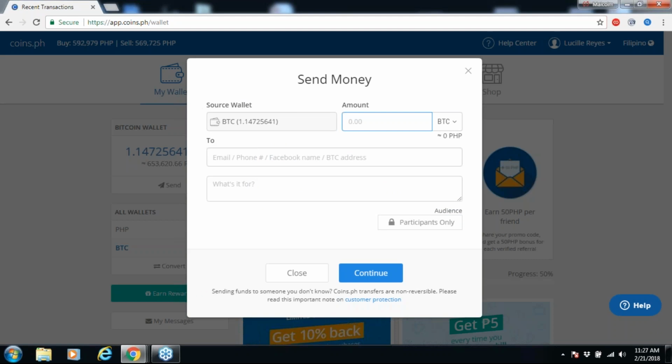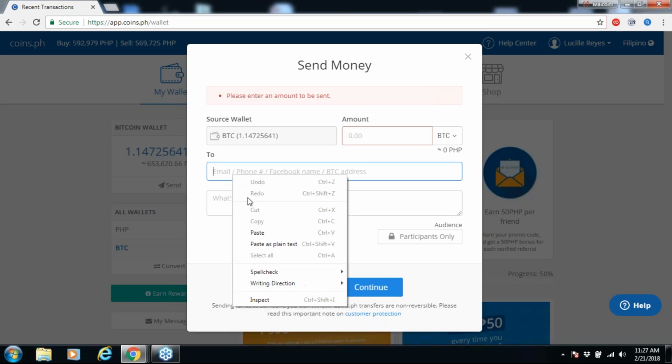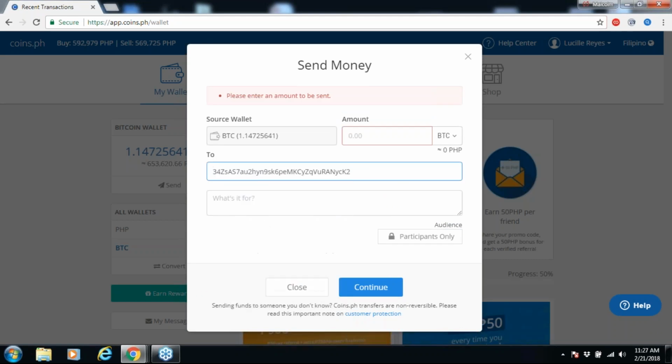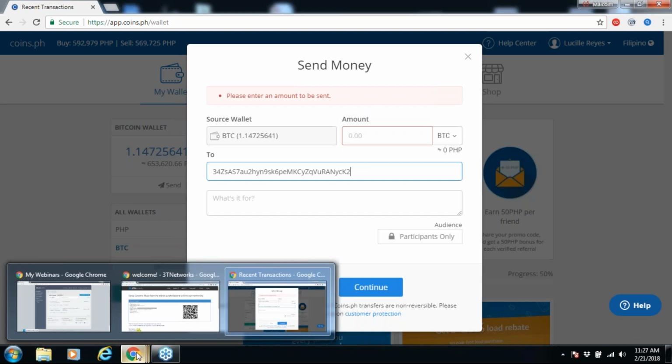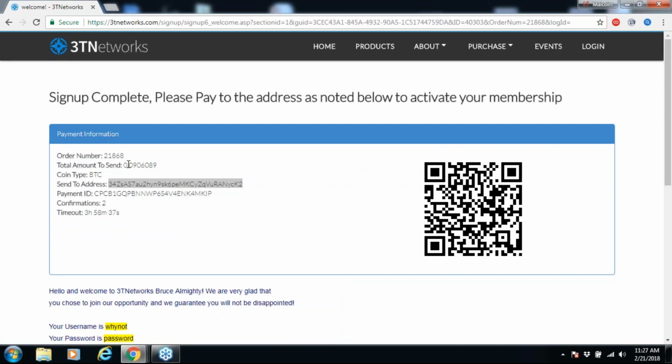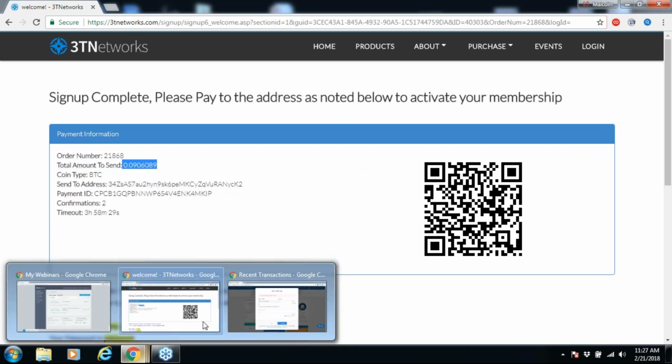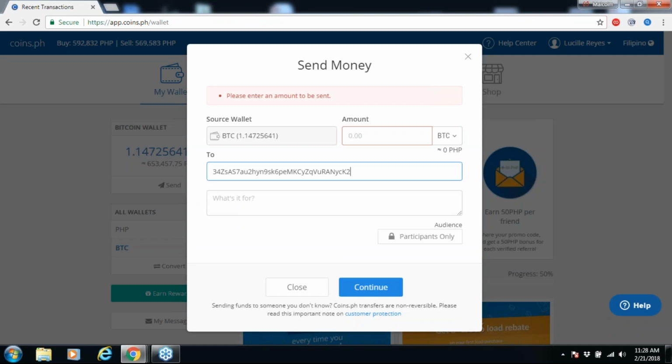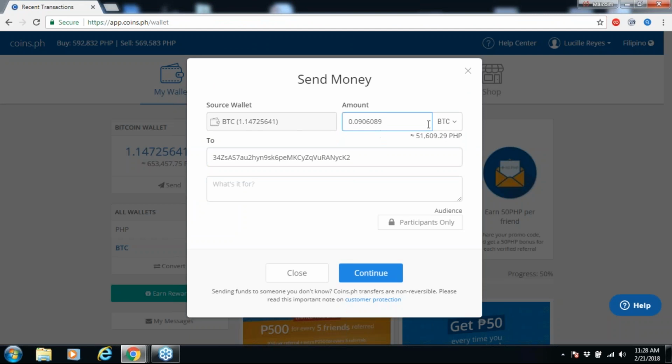So I put in here the address, and then I'm going to go back to the site. You see, I'm doing this on one screen, and it says total amount to send, and I'm going to copy this exactly, the whole thing. And I copy that amount exactly, go back down here, pick up my wallet, and it tells me I'm going to be sending Bitcoin. There's 1.1 in this account just sitting here, and I'm sending this much, 0.90, so 51,000